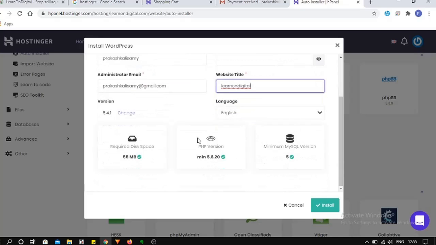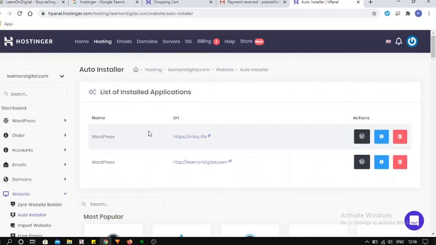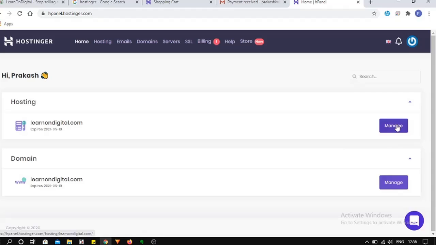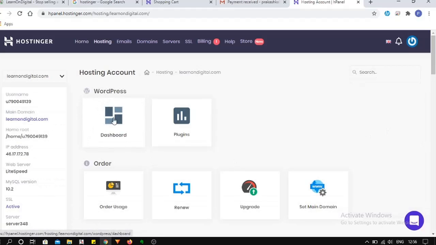Language is English. See, required disk space is 55 MB. PHP version and the databases. Your content will be stored in these databases, so it will be safe and secure. And then click on install. After the installation, the WordPress option will come at the top of the dashboard, in the header.